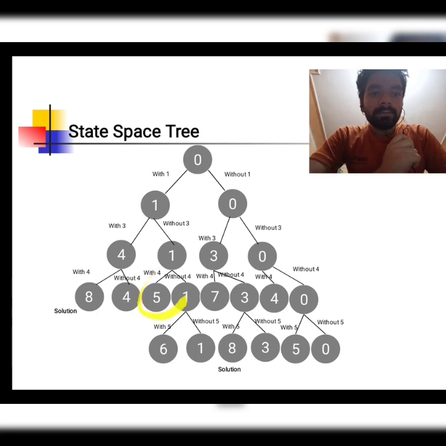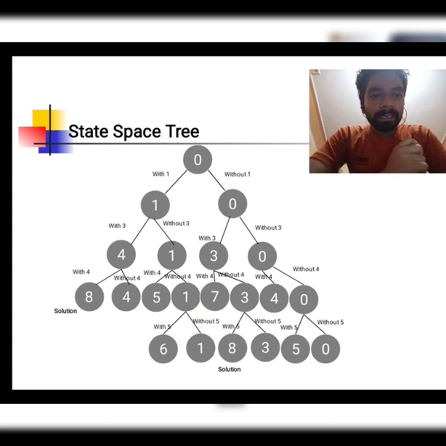Now 5 plus 5 is equal to 10, which is greater than 8, so no value is inserted in this node. In this node 1, add 5, 5 plus 1 is equal to 6, and without 5, 1 stays as a copy.